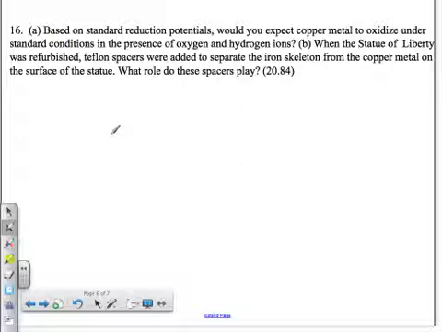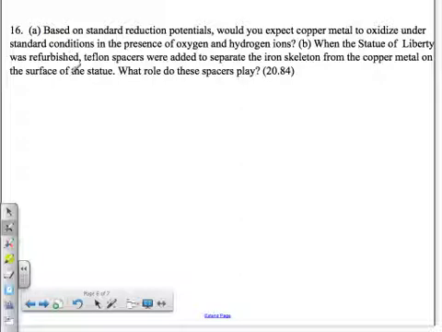And then they're talking about the Statue of Liberty being refurbished, which has a copper skin, which is why it's green. It's got a green copper oxide coating, but of course the skeleton is made out of iron. So they want to know, why are you putting spacers between copper and iron? All right, so